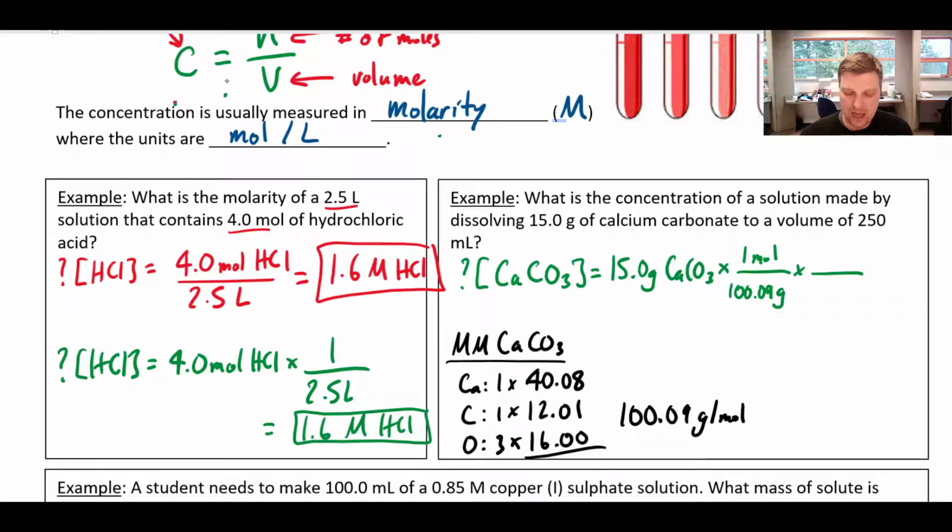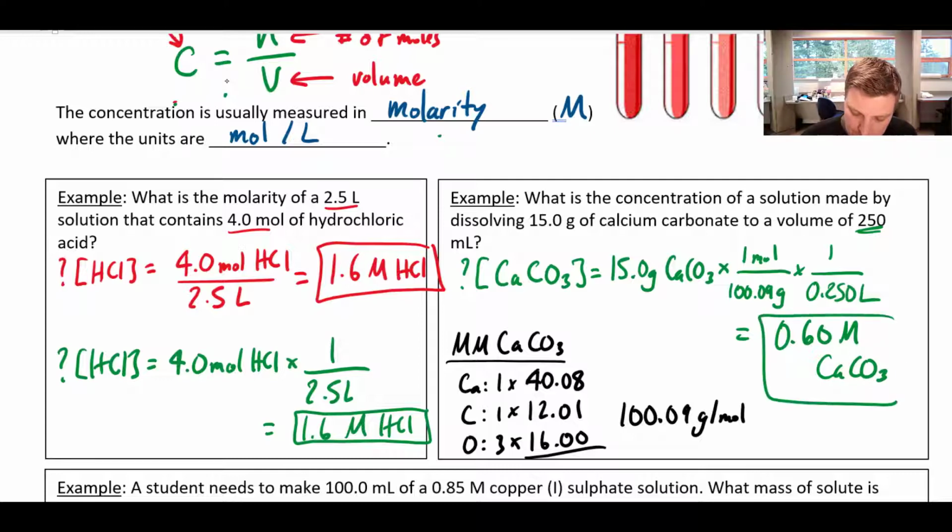I just want to go from moles into moles over liters, moles per liter. If I'm in moles right now, then I'm just going to multiply this by 1 over the number of liters, which is 0.250 liters. Now notice a couple things. I didn't use my milliliters, so 250 milliliters is 0.250 liters. And this might look kind of strange because this last step isn't really a ratio, but that's because I'm not trying to keep it as a ratio. I'm trying to go from moles into moles per liter. And when I multiply this all out, 15 divided by 100.09 divided by 0.25, I get 0.60 molar